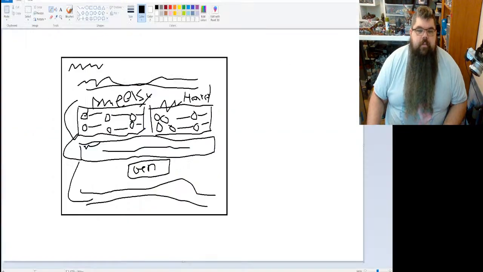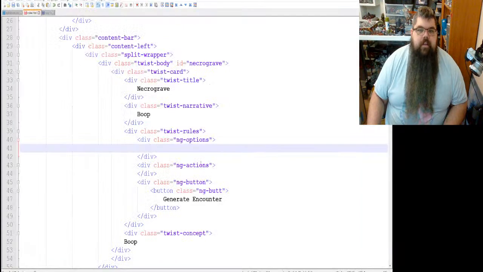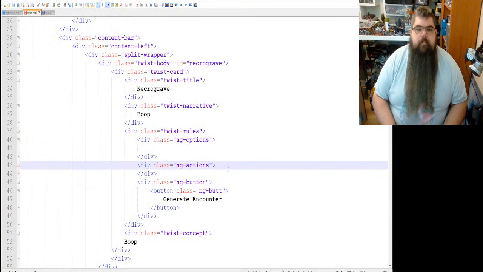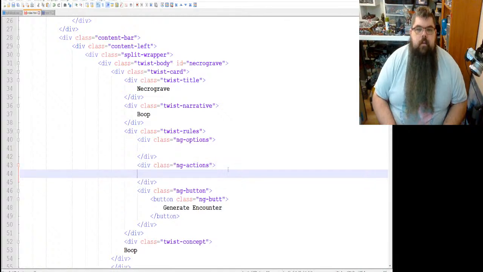If we go back to this really wonderful drawing here, this here is going to have two sections. It's going to have a title, and it's going to have an action that shows the action. So let's go ahead and put those boxes in. Let's see.